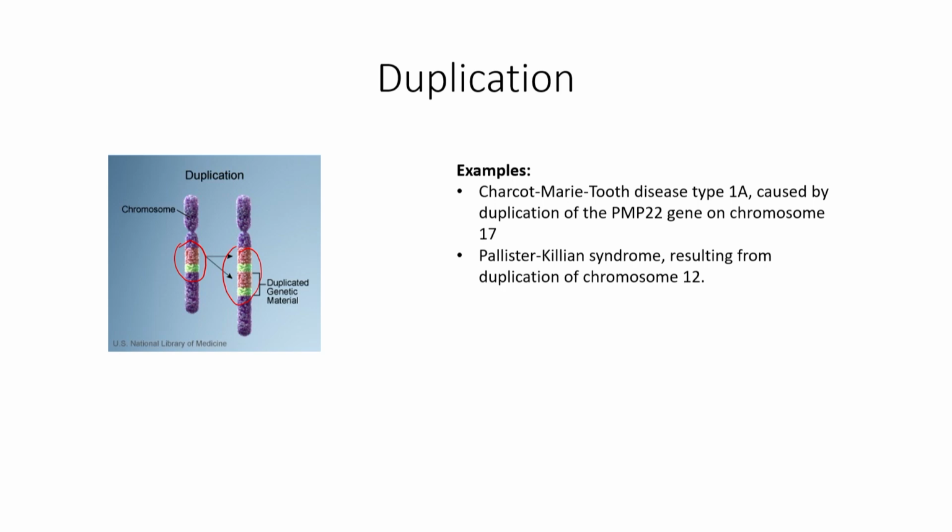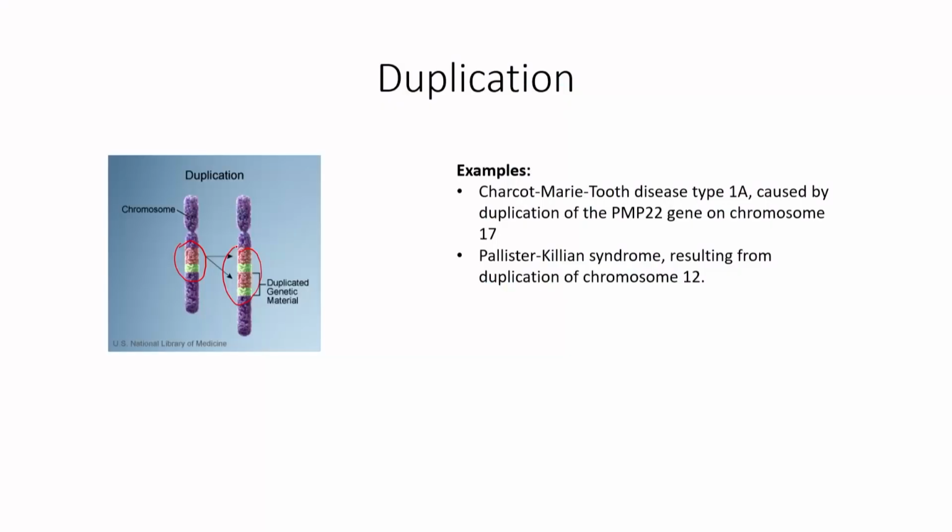Such duplication can occur if there is pairing of the two homologous chromosomes not matching at each point. If the pairing is abnormal, this can result in one chromosome having part of another chromosome, and that is how a duplication can occur. The example is